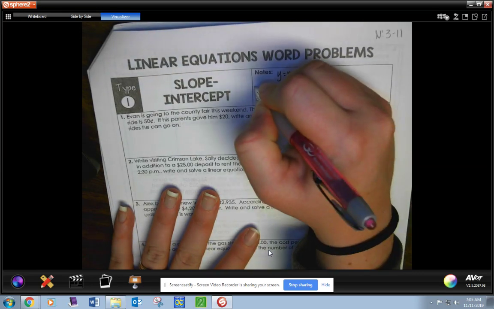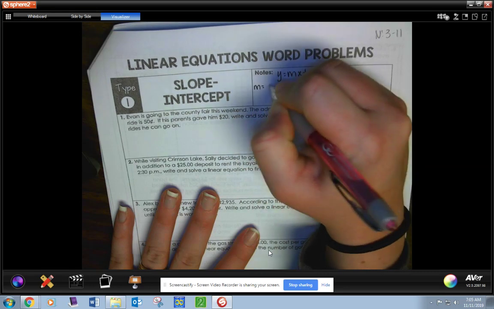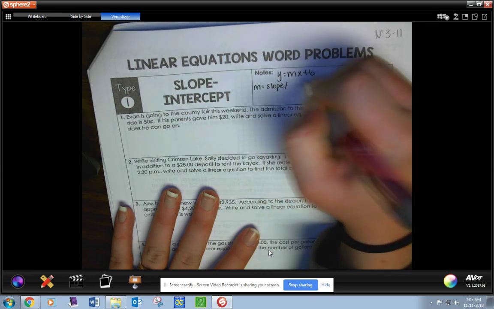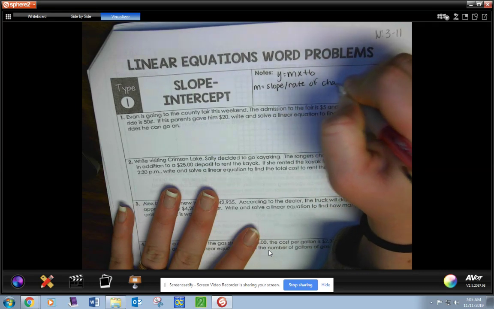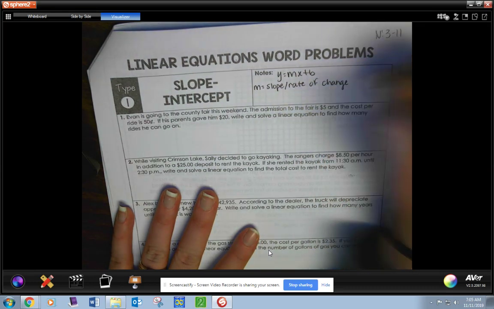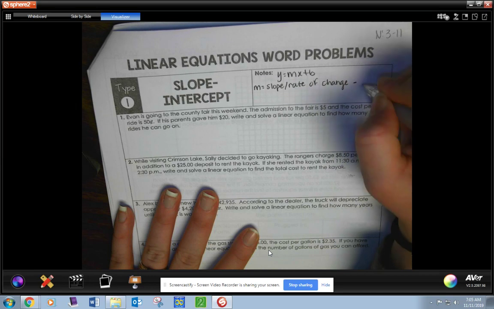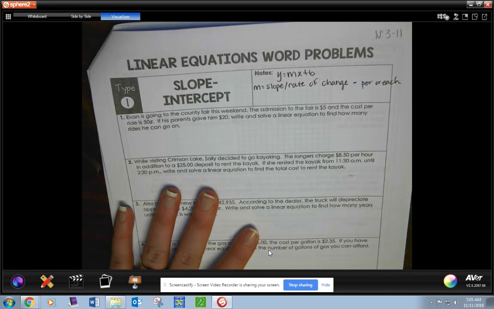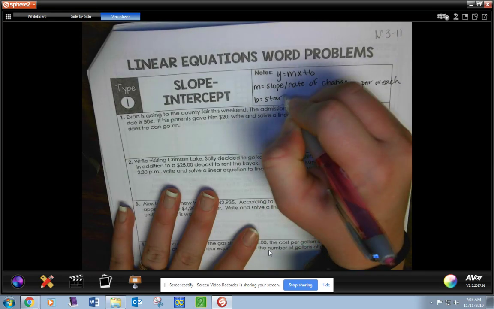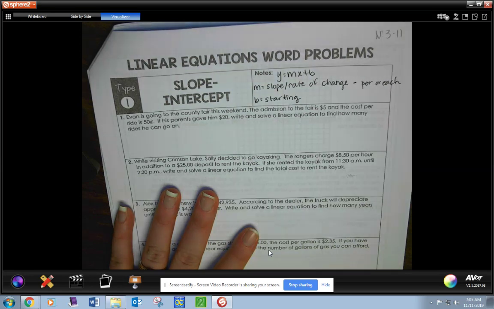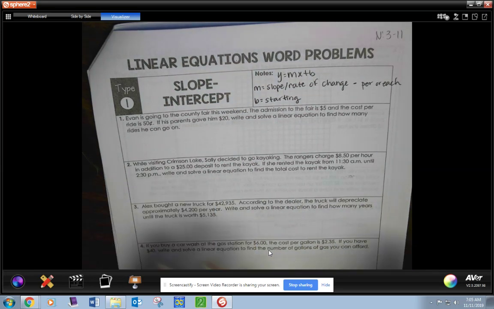Okay, m stands for slope, which is also known as the rate of change. You're going to look for the word per or each. Those are your keywords for this. b is your starting spot, whatever you start with. Okay? So I'm going to go through, read the problem, find some keywords, and then we're going to write some